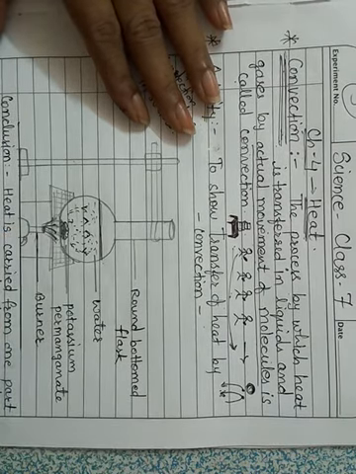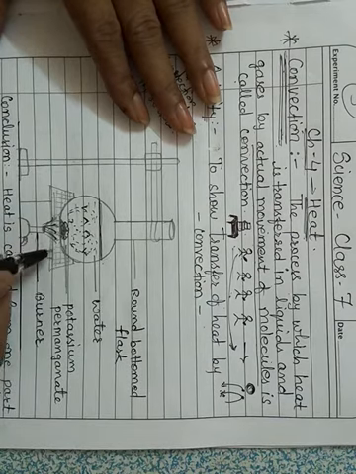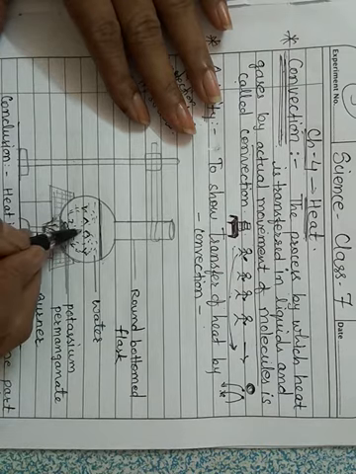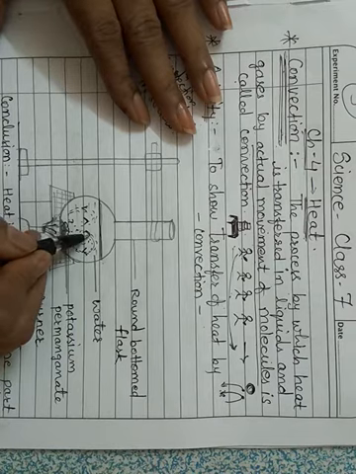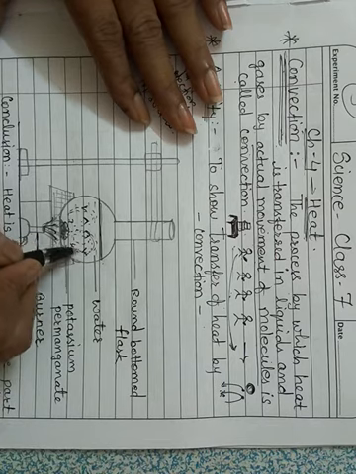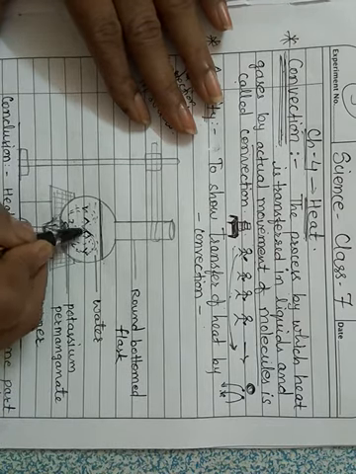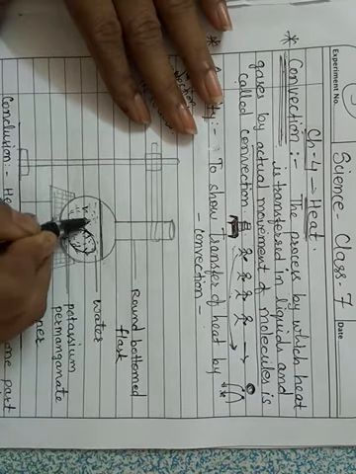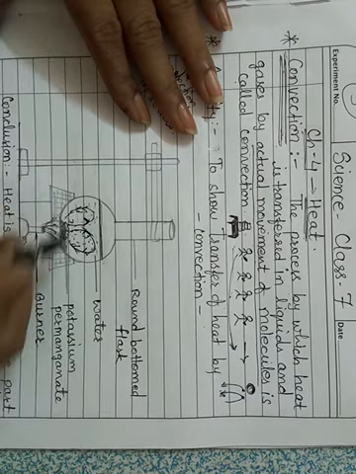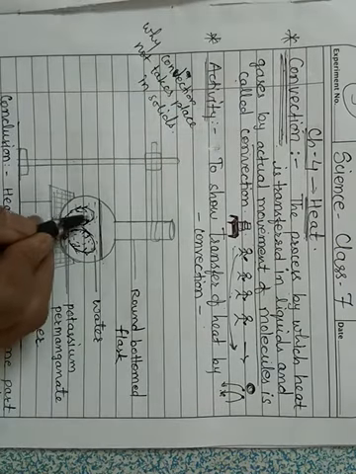After a while, what will be your observation? You will observe that the purple colored solution rises from the place of heating. From here you will see the purple solution rising, moving a bit away and then moving down to the bottom of the flask. In this direction it is moving, then again coming down. This side also it rises up and comes down, in this way.